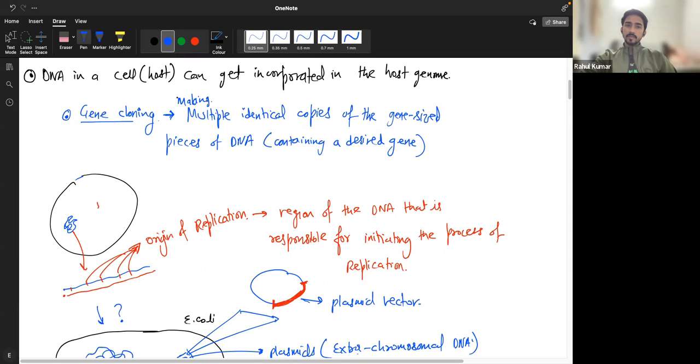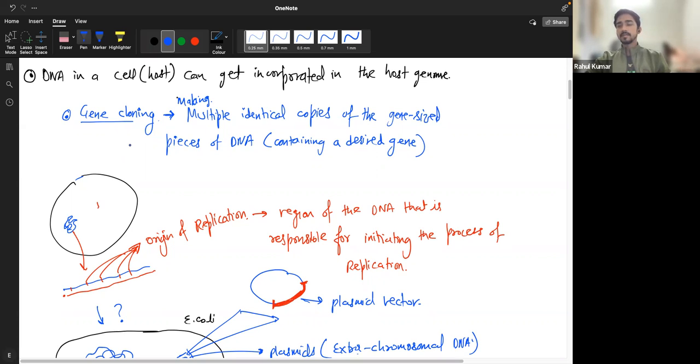If the word making is not clear, I will write it here: making multiple identical copies of gene-sized pieces of DNA. Basically we do it for genes, but we can also do it for much smaller or larger pieces of DNA. When we are cloning a piece of DNA, and the region also happens to be a gene, then automatically the term becomes gene cloning. Most of the time we are interested in cloning one gene or another,